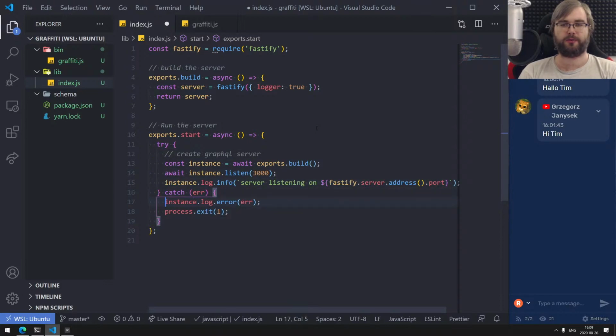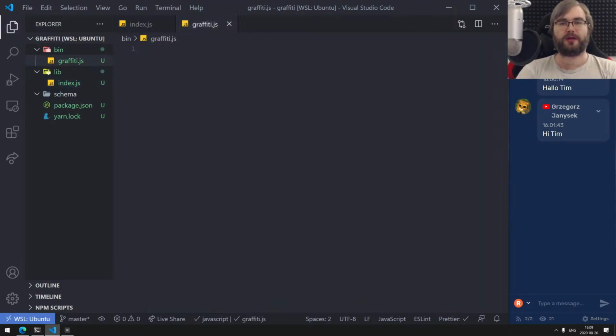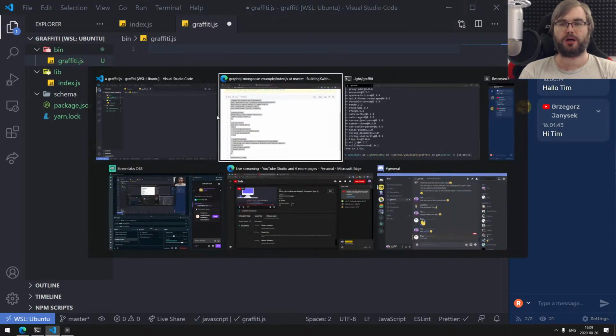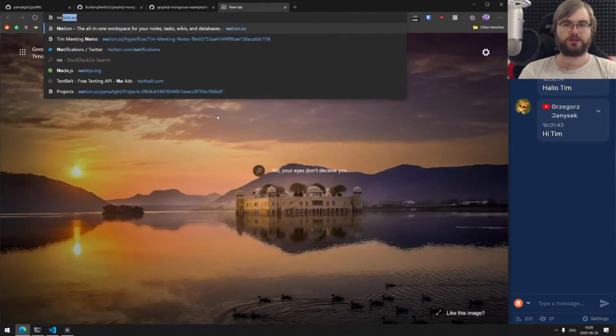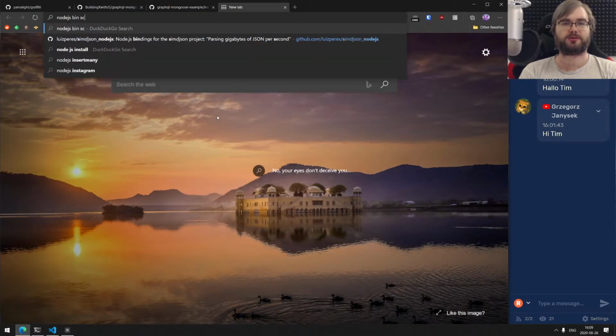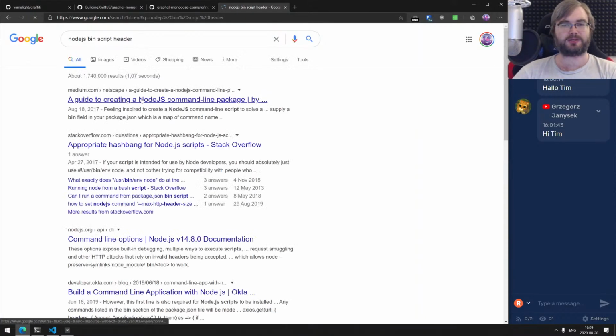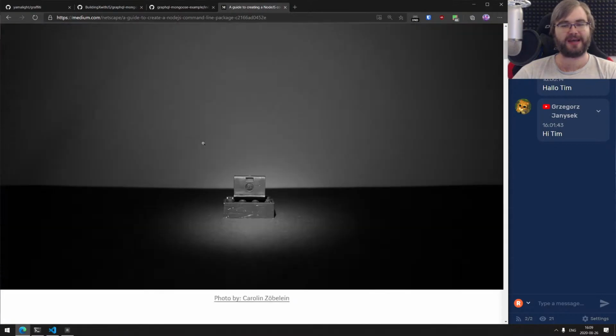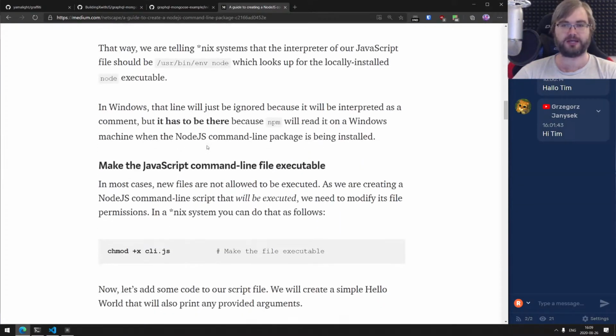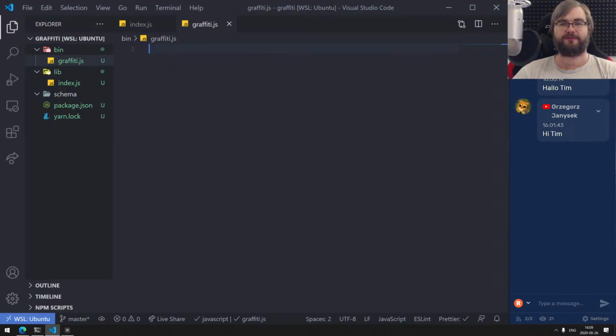I guess, yeah, we cannot do that, so I can just do console error. There you go. I think that should be sufficient. And then in here, we're gonna do the Node.js bin script header. What's the Linux header that you typically add to the files? I forget this every time I have to do that. Yes, #!/usr/bin/env node, and then we're gonna say, okay,